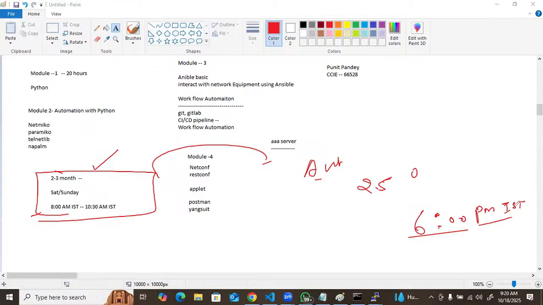Yes. I'm perfectly fine with 8 a.m. to 10:30 a.m. IST. So two batches are starting. This batch started today, and the second batch will start next week at 6 p.m. IST. If you have any problem with this time, you can just join that one.